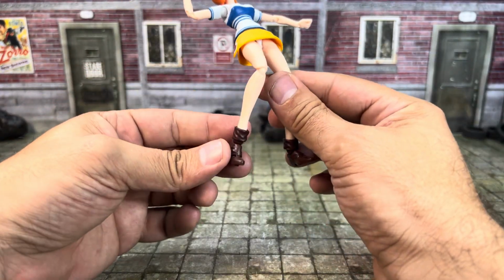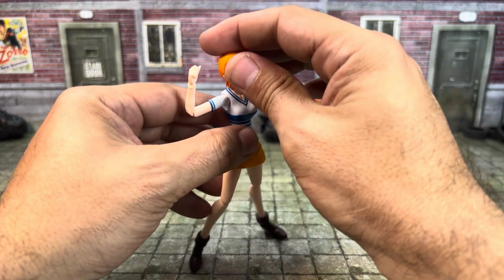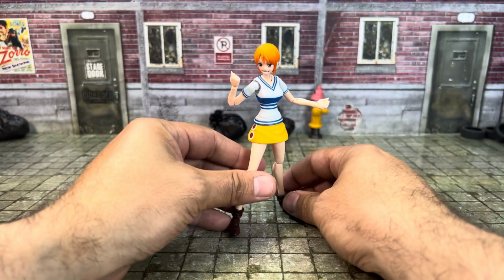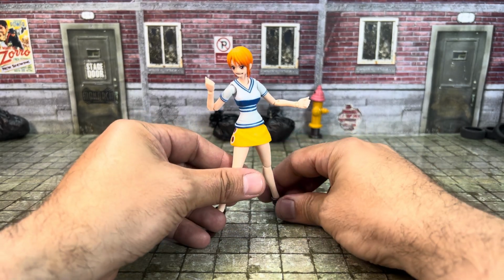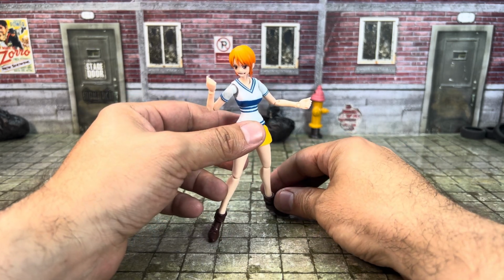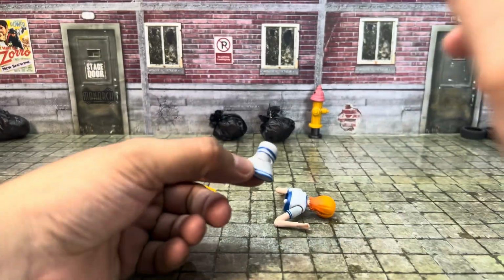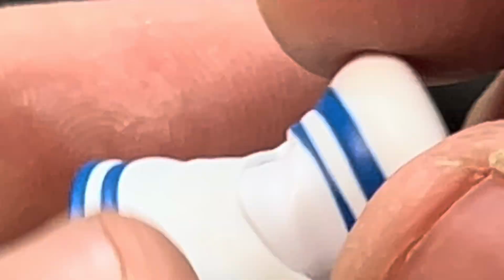So very strange articulation choices on this figure. It does look very good, but I don't think I agree with quite a lot of these articulation choices here. Kind of has me wondering, who made this? It seems like somebody from a completely different line made this figure, and it doesn't seem to match with Luffy's articulation at all. So my curiosity got the better of me, and I had to just pop her apart just